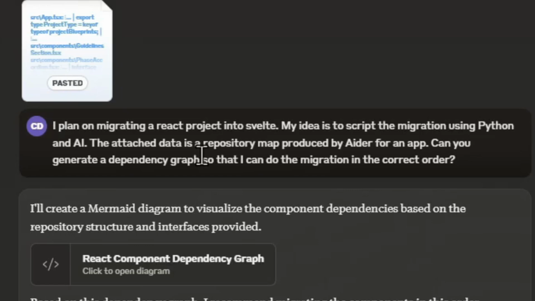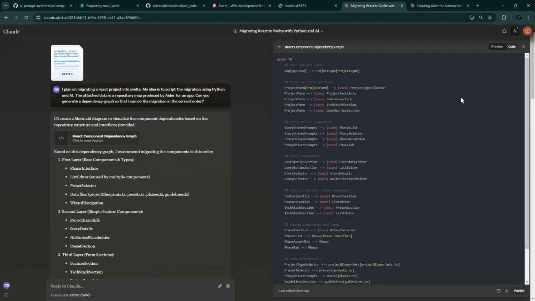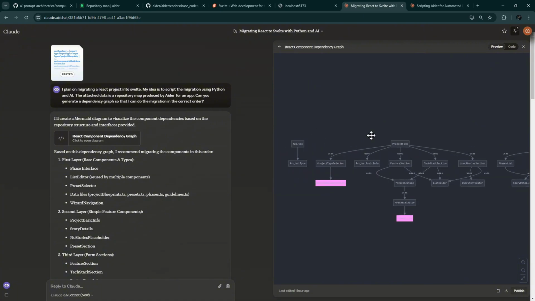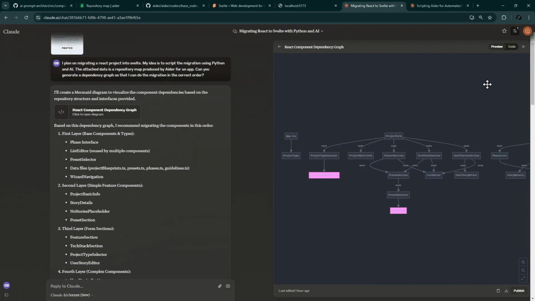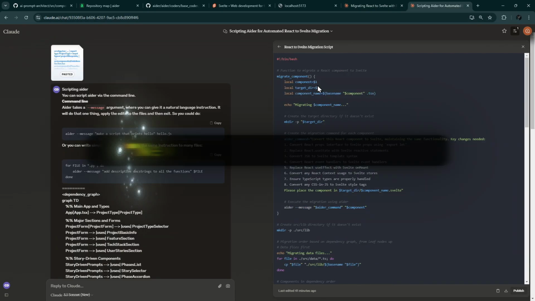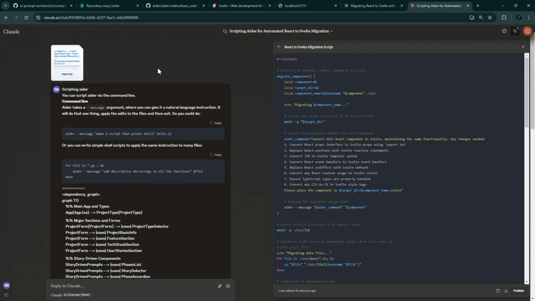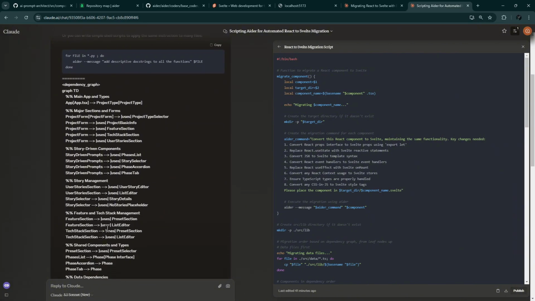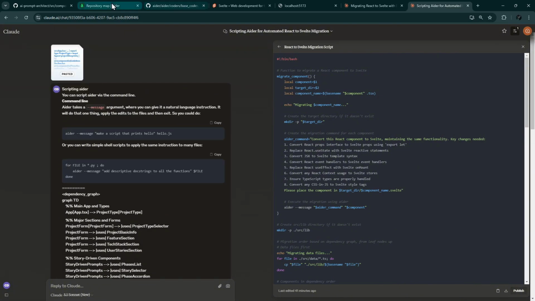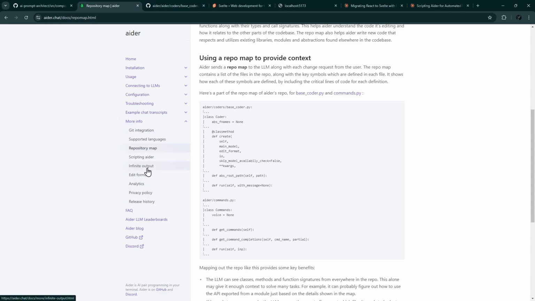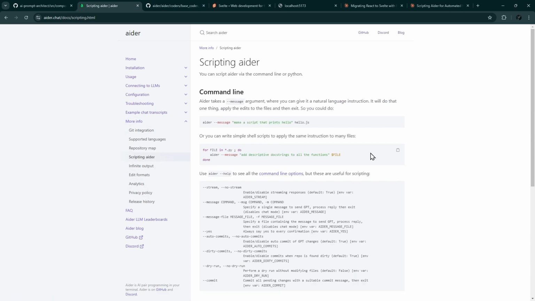I requested Claude to create a dependency graph. So Claude generated this mermaid diagram that shows the dependency between the components. And then I copied the underlying code and I created a new chat here in Claude, pasting again the repo map as well as the mermaid code here, and adding some information from Aider's documentation regarding scripting, particularly this part,